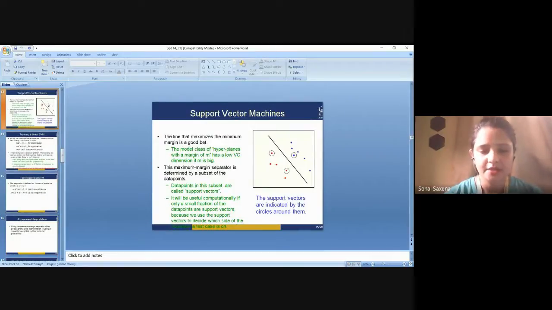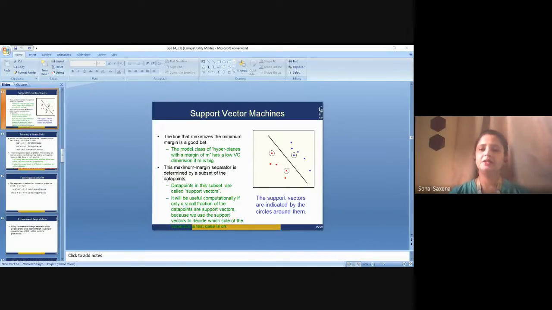So now, using this and seeing all these things, we come over to a part of support vector machine where we are now seeing what exactly is a support vector machine. So see, in machine learning, support vector machines or support vector networks, which we normally call SVMs, are considered to be supervised learning models with associated learning algorithms that analyze data for classification and regression analysis.